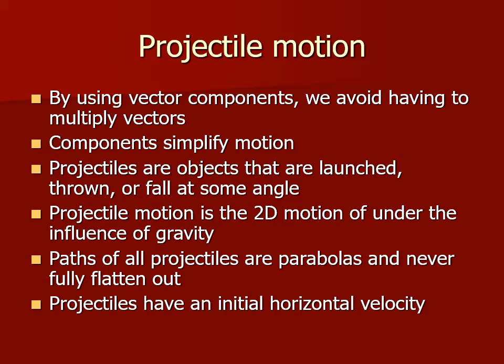Projectiles, remember, are any object that is launched, thrown, or will fall at some angle other than true up, down, or true out horizontal. Projectile motion is the two-dimensional motion that is under the influence of gravity. Remember, without gravity, objects will travel in straight lines. So says Newton, so says science. Paths of all projectiles in a gravitational field will be parabolas, and a parabola will never fully flatten out,